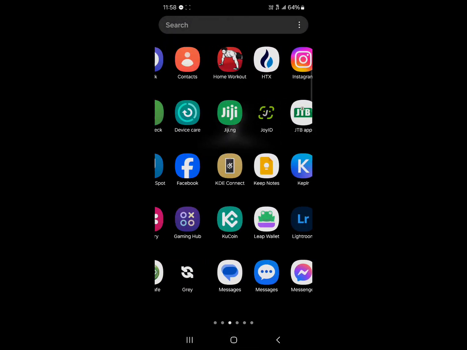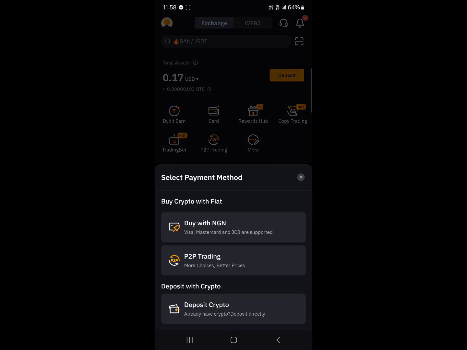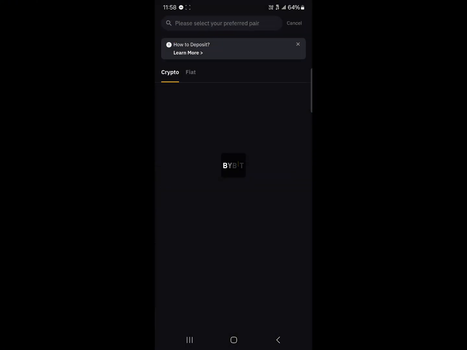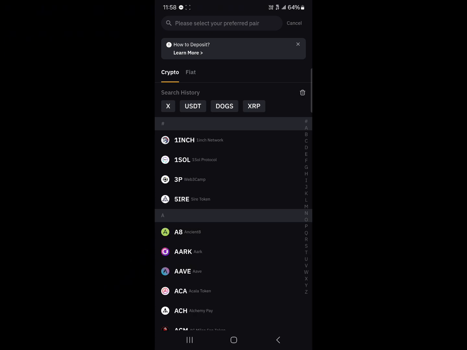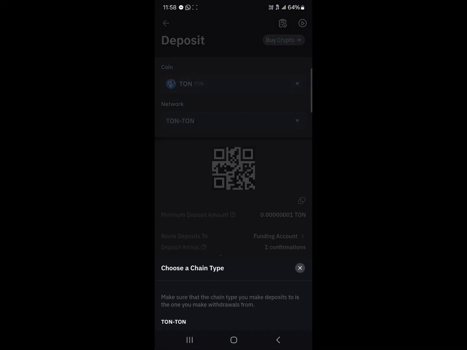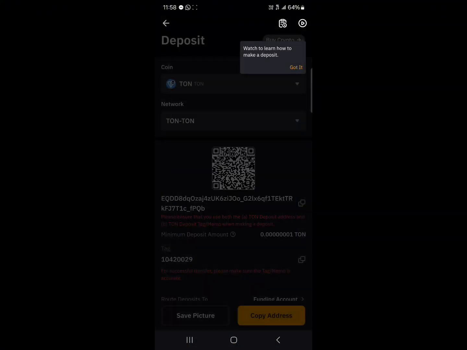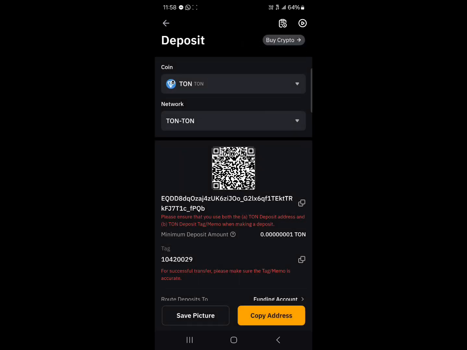Minimize and open up the Bybit centralized exchange. Once you've opened up Bybit, click on deposit, click on deposit crypto, and then proceed to use the search icon to simply search for TON, being the Ton coin. Click on Ton network. All right, as you can see here, this particular network has both a wallet address and